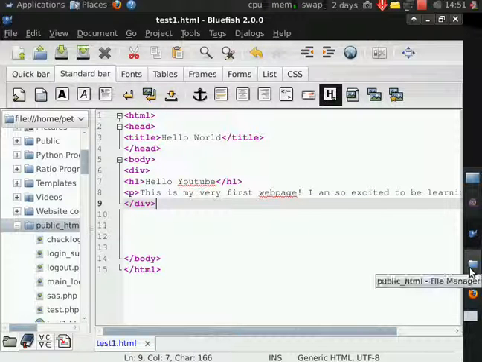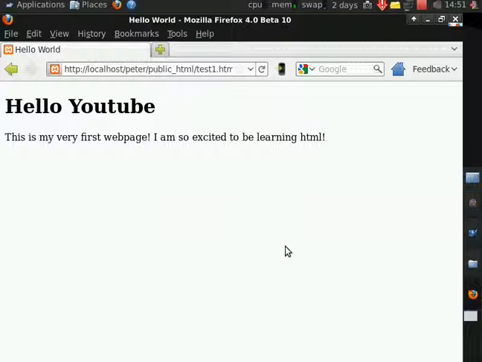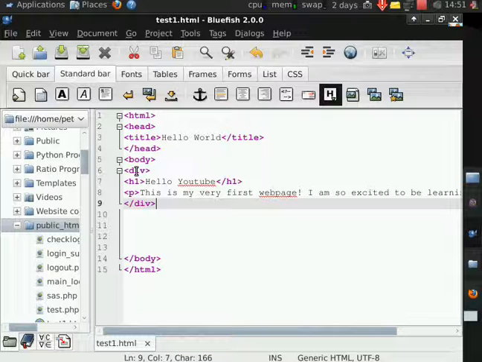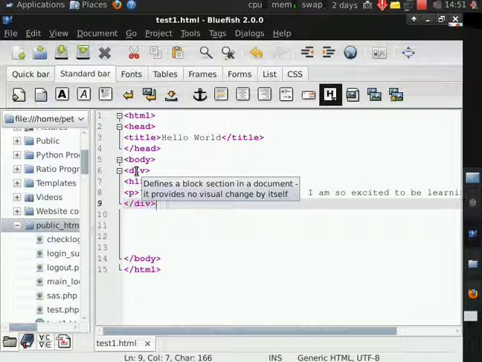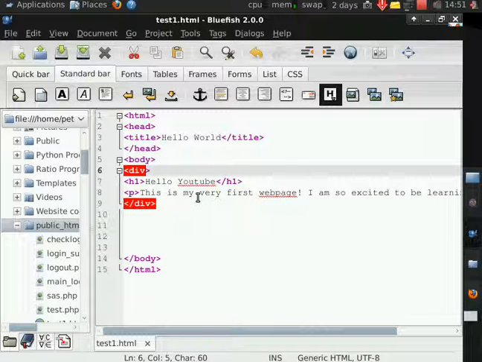So if we save, Control S, and go back to our web browser and hit F5 to refresh, you'll see it moved down just a smidge. Not anything you really notice. A div container is just literally a box around the text, and what it does is it contains the information. So let's see if it pulls up. Defines a block section in a document. It provides no visual change by itself. Okay, so it literally just puts like an invisible box around everything inside of it. So anything in between the highlighted div tags that you see here are going to be inside of an invisible